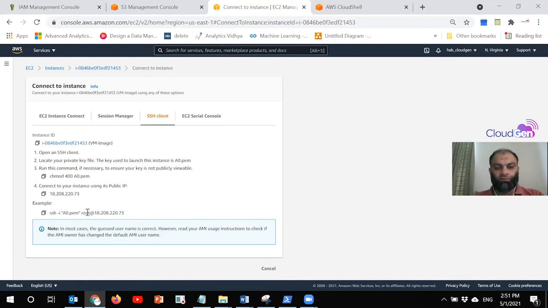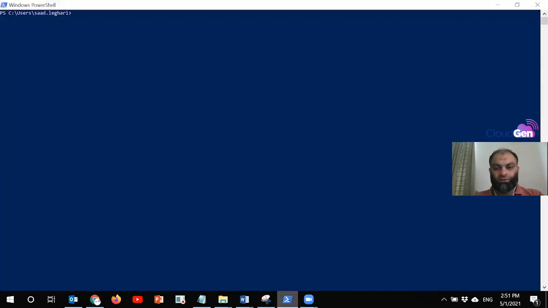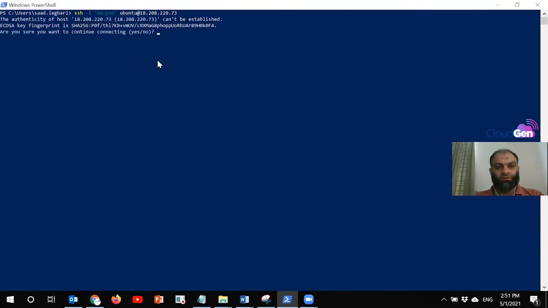But remember that we will not use the root username here. We will use ubuntu as the user, because it's an Ubuntu AMI. So I just copy it, go to my PowerShell, keep everything as it is, and here I say ubuntu. You can SSH to it and I say yes.